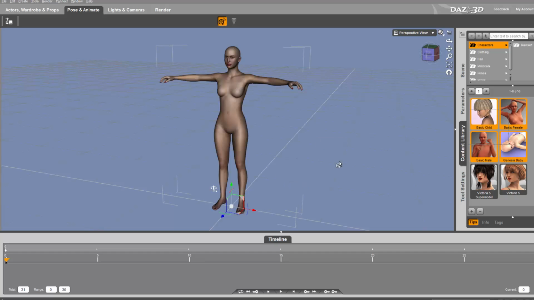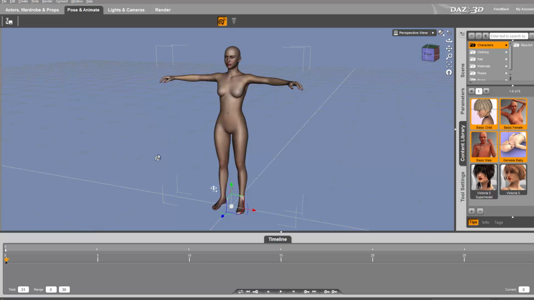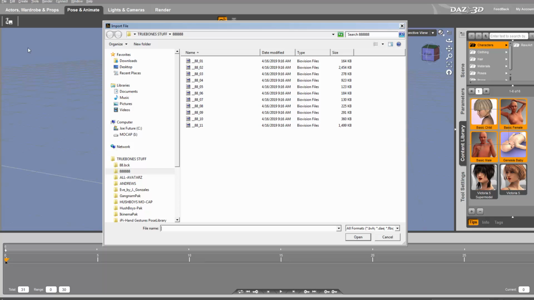There's basic female. So before you load any BVH on any DAZ character, you have to go edit figure, limits off. So that'll make sure that if the character rotates or spins or flips, that it won't be restricted to one axis in the rotation. That would look really funny. And so here we go. We're going to import,